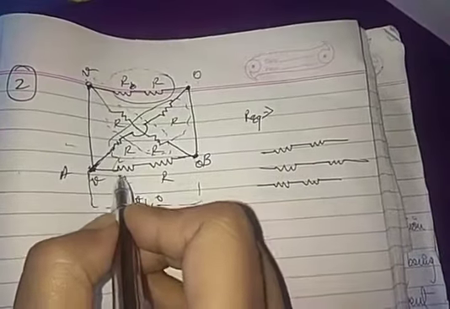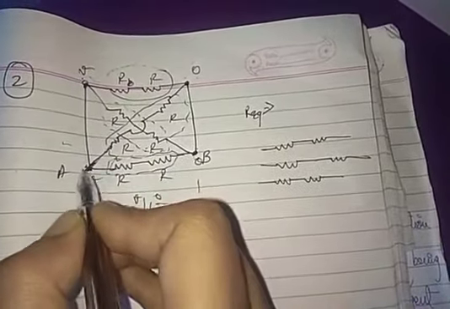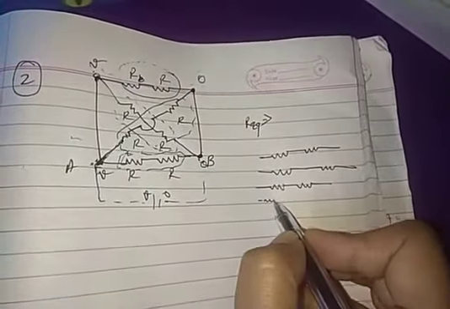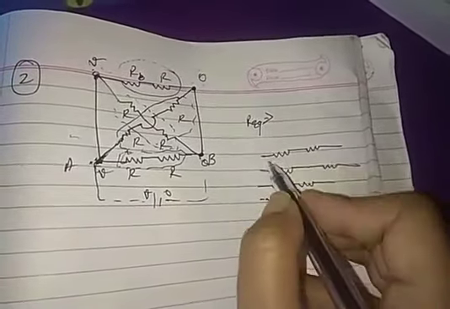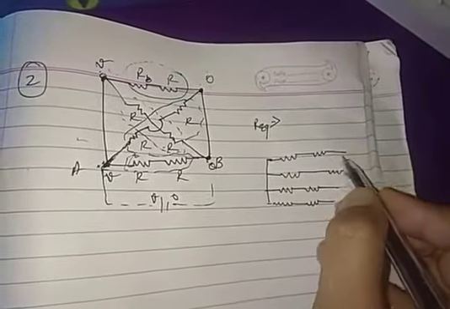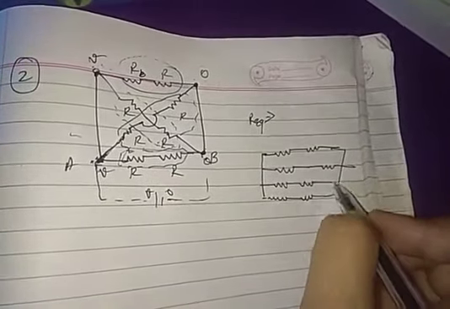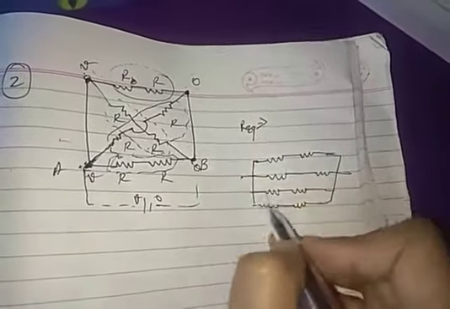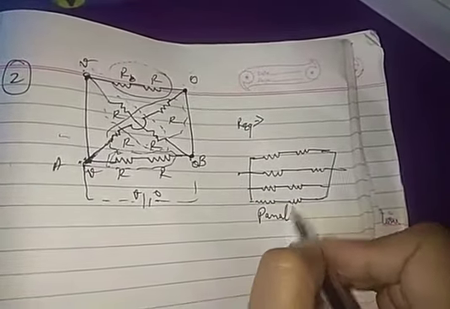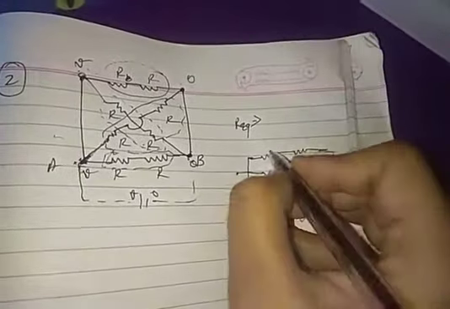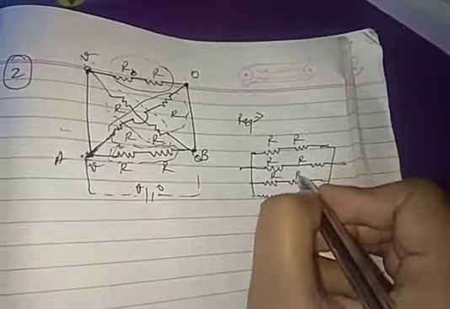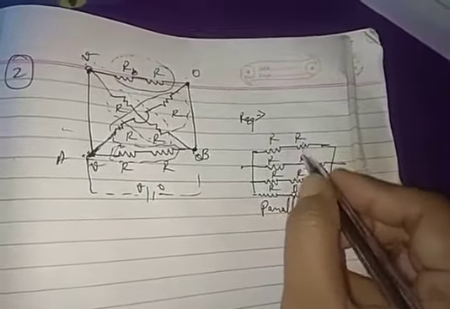Now let us make for the last one, this one. Now you can see clearly here also the potential drop is V and 0. So you can see the potential between all the points is the same, and the potential difference between all the points is the same. So this combination we can regard as a parallel combination. Got it? So they are in series R, R, R, R, R, R, R, R, but these are in parallel.